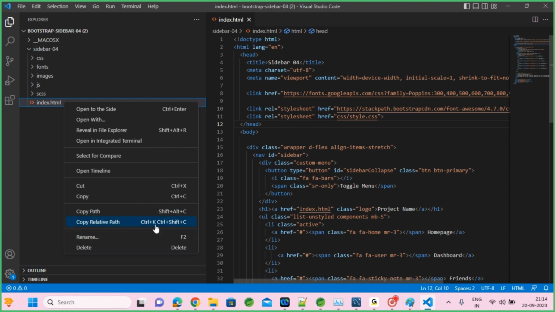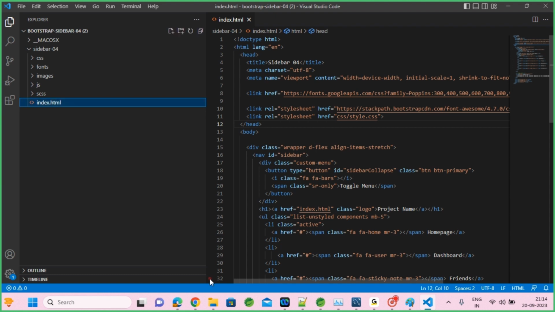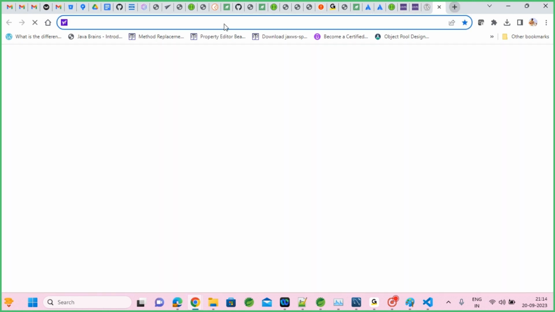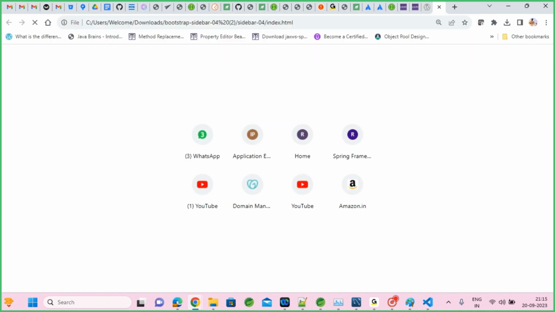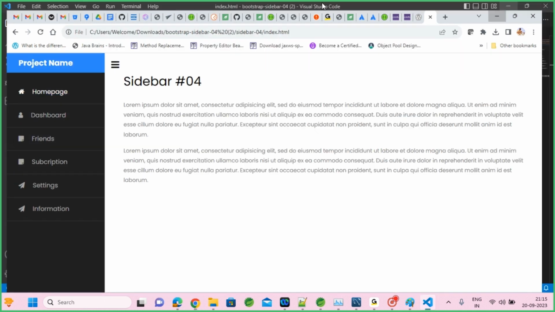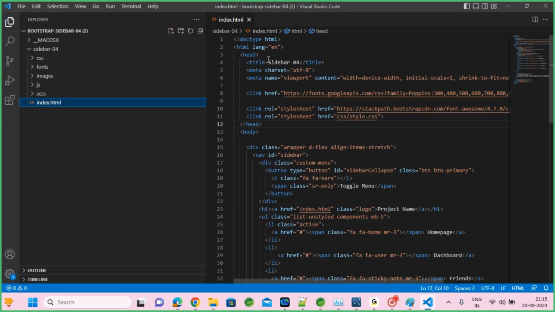Or else I can directly open it in browser, so I can keep observing my changes. Okay, so this is the project we have here. So I want to change the title, so admin service,